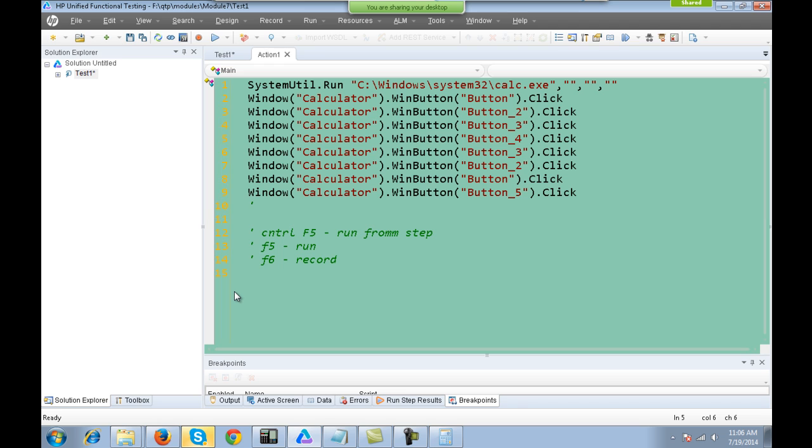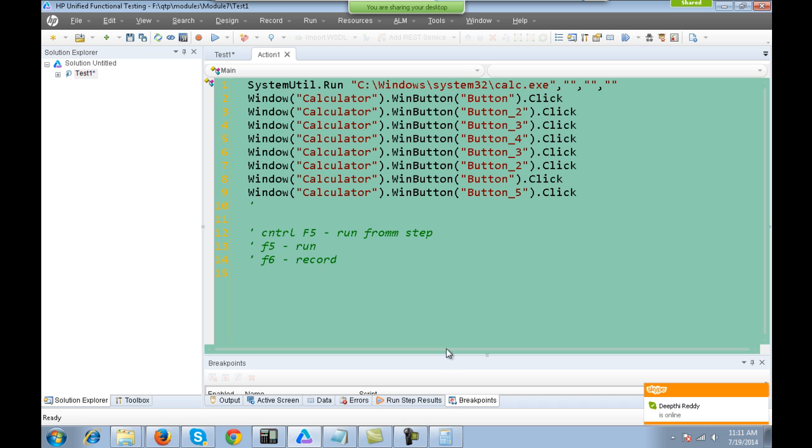Suppose you go to a web page, and on that web page you record the script for clicking on a certain link. Now you are not sure whether the link will come next time when you go to that page or not. If the link never comes up, UFT will throw an error that the link is not found. You don't want UFT to throw the error.